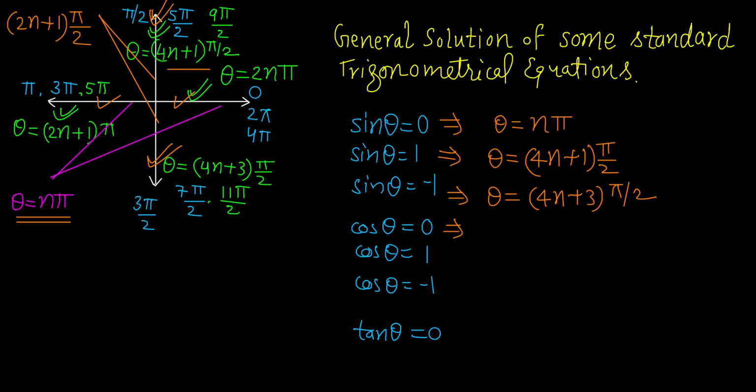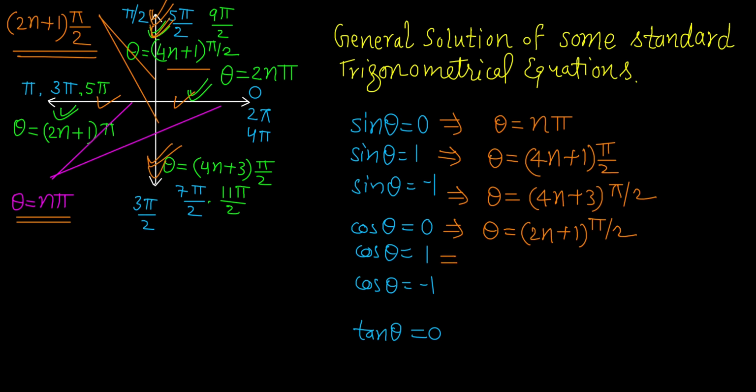So do you remember where cos theta is 0? Cos theta is 0 at both of these lines, this upper line and this lower line. So cos theta is 0 at 90 degree also and at 270 degree also. So the solution will be combined these two lines. And what is the combination of these two lines? How do you write in general angular form? That is odd multiple of pi by 2. I wrote it here. Theta is equal to 2n plus 1 pi by 2. So solution of cos theta equal to 0 will be theta is equal to 2n plus 1 pi by 2.